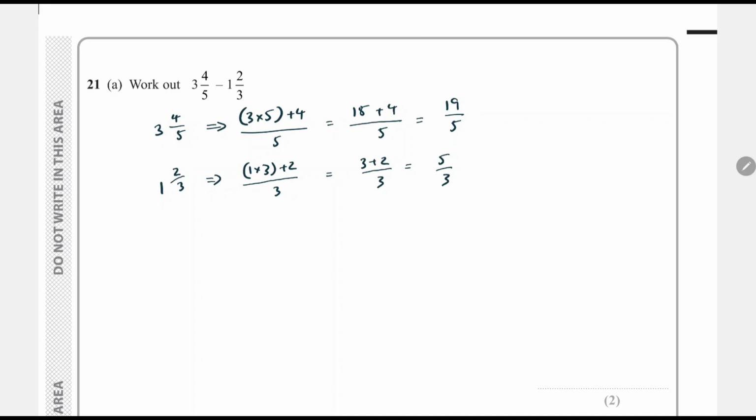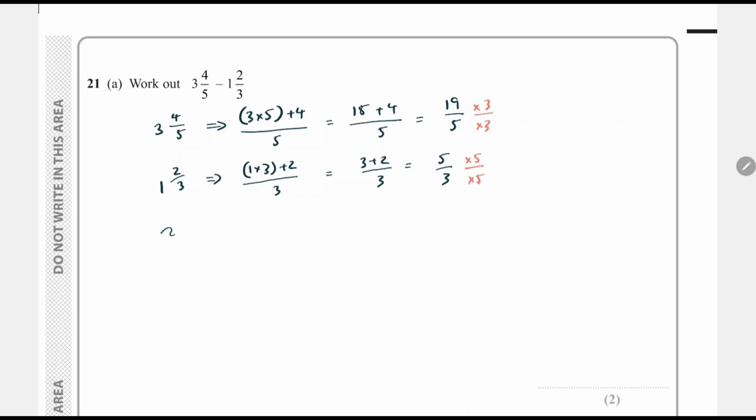So now that we have changed these into improper fractions, we now need to get the same denominator. So we're going to multiply this fraction by the denominator of the second fraction, which is 3. So top and bottom by 3. And we do the same thing with this, but we multiply it by 5. And so the first fraction is 19 over 5 multiplied by 3 over 3. And that's equal to